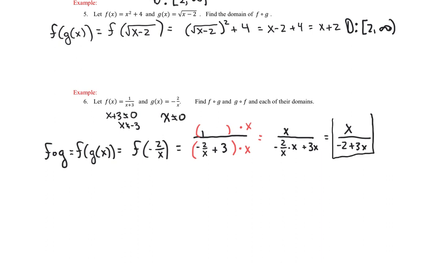so we have to find out what the domain is for this function. Now, for this answer here, we do not want the denominator to equal 0. So we must take that into consideration when we solve this. So x is not allowed to be 2/3, but please remember that x also cannot equal 0. So our domain for this composition of functions